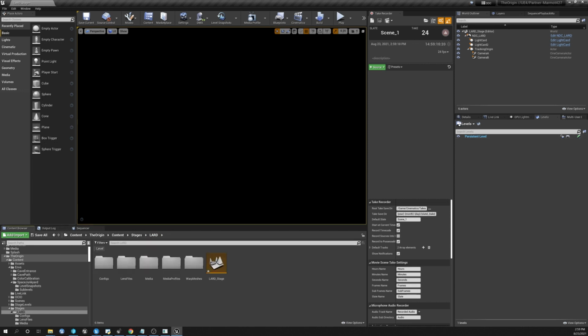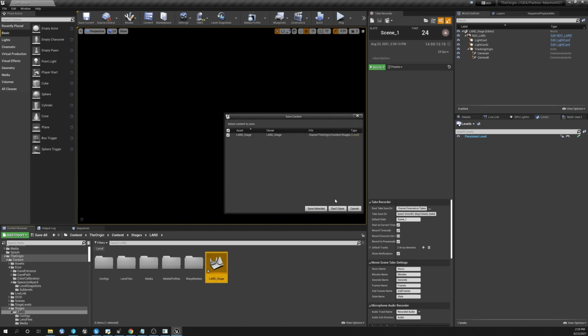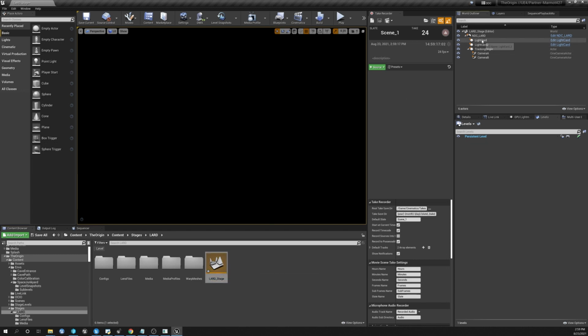So we've made one here already. We called it the LA R&D stage for the Los Angeles Research and Development stage. I've opened it already, and we have just a basic end-display setup. We have our end-display config file, which we've configured earlier. I've added 2 light cards that we'll use later when we go over these tools, a tracking origin to keep all of our mocapped actors underneath, and then 2 cameras that are going to represent our tracked A and B cameras for our actual on-stage cameras.